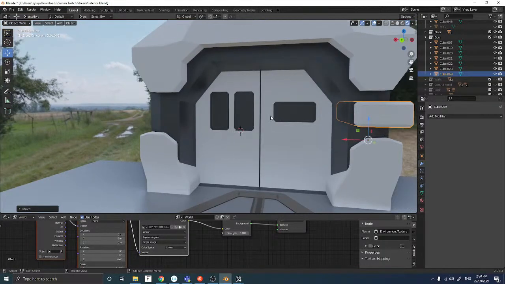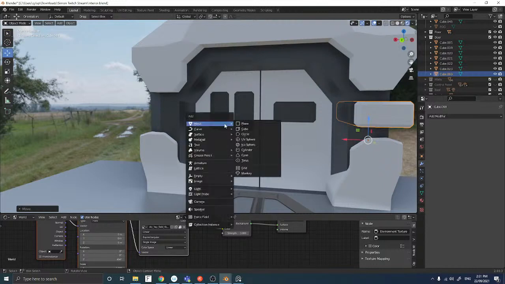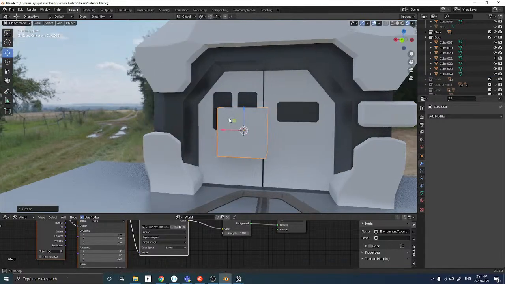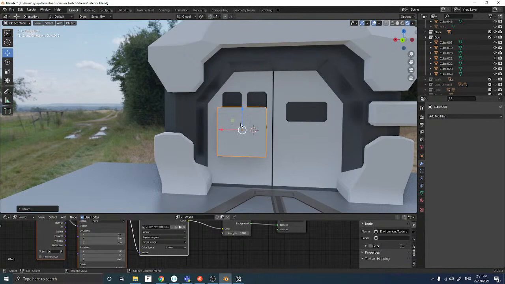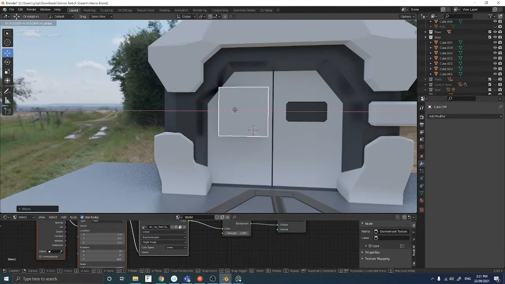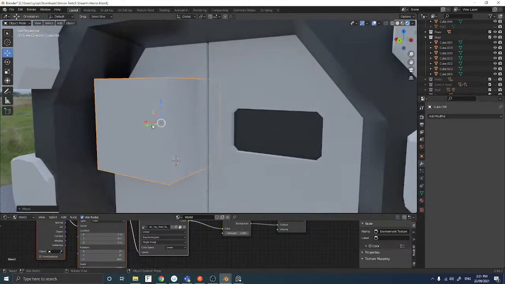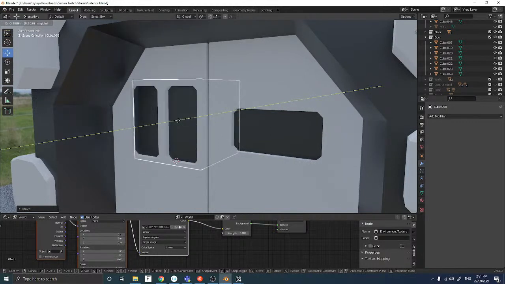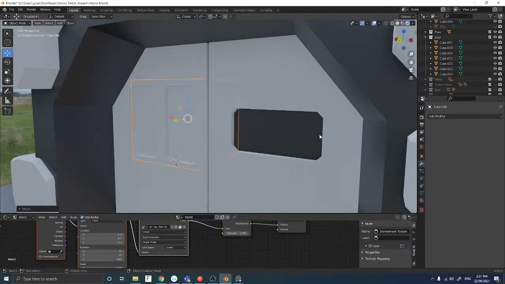So then what I want to do is make it so these look like windows, right? So to some extent. So let's go Shift A, Mesh, Cube, S, and just put a little cube in here. All right, and it just goes over those. Just going to try and slot it in so it's in there, but not past that door, right? So it's there somewhere. And then we're going to go into the material tab,